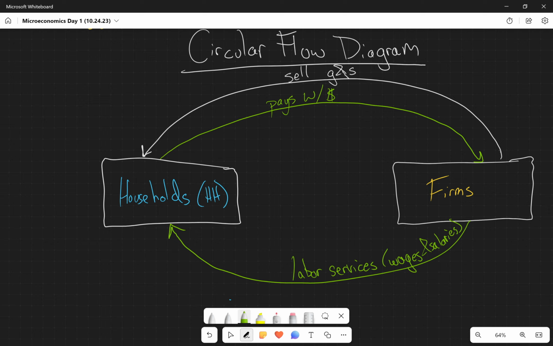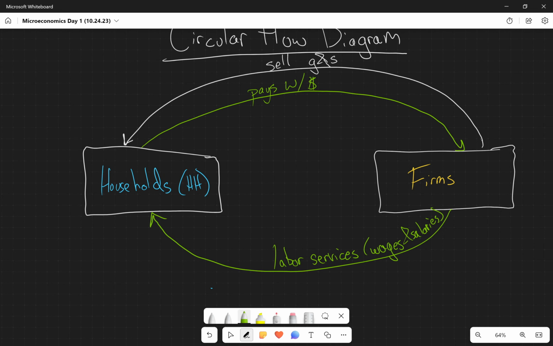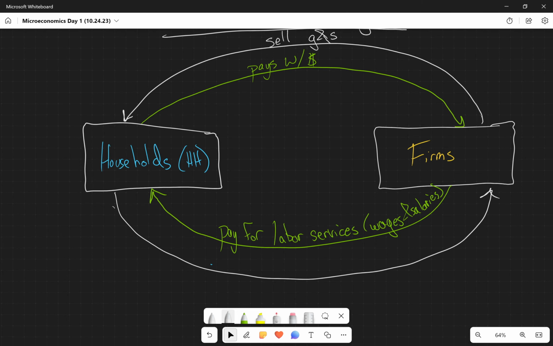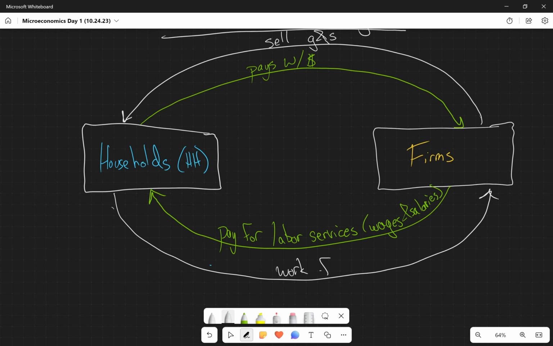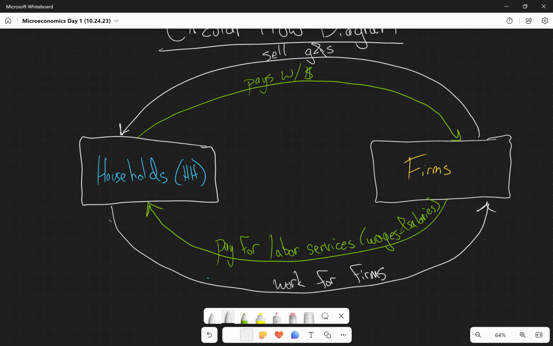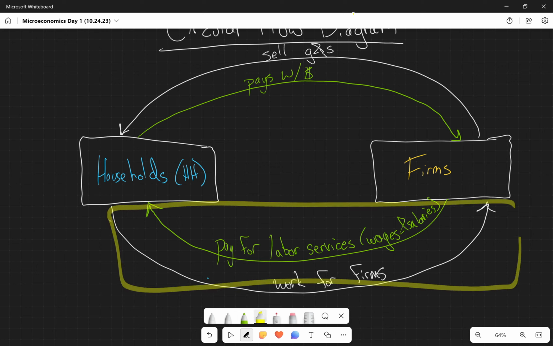There's also some dividend income there, right, for profit, for people that own capital, but we're just kind of keeping it simple for the most part. So the firms are going to pay for those labor services, and the households are going to provide those labor services. Work for firms. So households work for firms, and they get paid for it. This bottom part here is called our